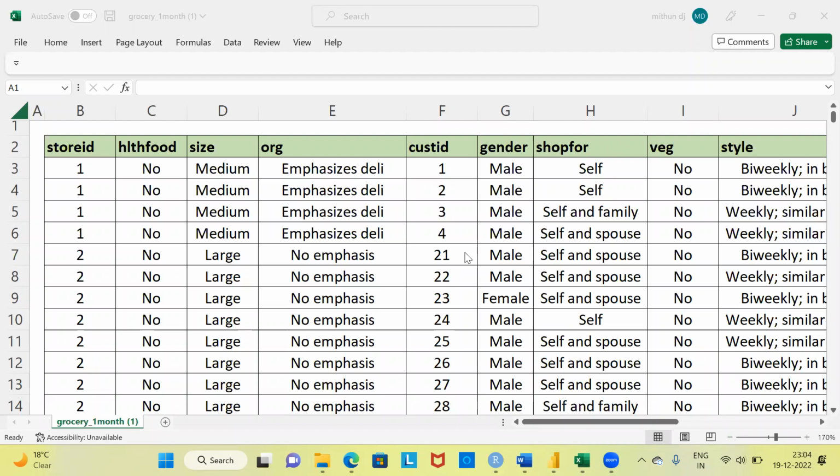My name is Mithun. In today's video, I'll be talking about a decision tree model. We will be looking at how to construct a decomposition tree or a decision tree using Power BI. But even before I proceed to demonstrate how to construct a decomposition tree using Power BI,